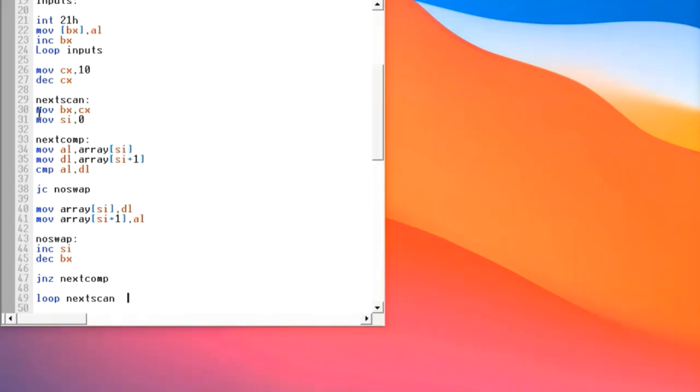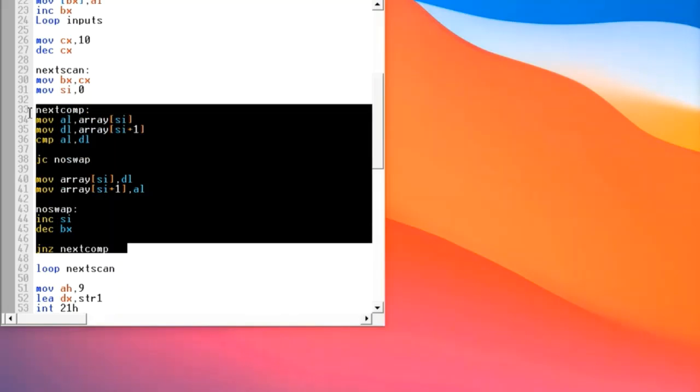No swap will increment si, that is the index of the array, and will decrement bx, that is another counter, to break the iteration after comparing all the elements in the array. If carry is not generated by next comp, it will swap those two adjacent elements. So the loop will run again with those same values, and when it finds both values are at the right place and carry is generated, then si and bx will be incremented and decremented respectively.